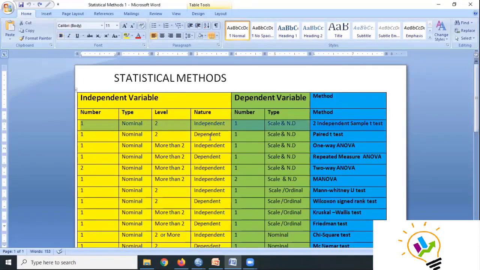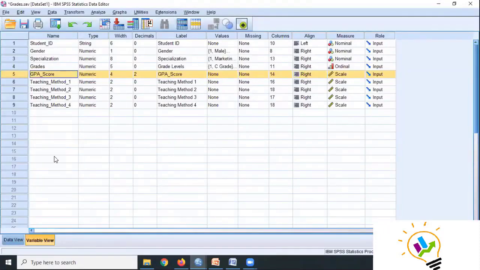Now, if the data is dependent, we will be using the same conditions: independent variables are nominal only, and the dependent variable is also scale data. We will be using the paired t-test. Paired t-test is used when the data is dependent. For example, I'll show this example. The students are conducted with different types of treatment, teaching method 1 and teaching method 2. And I want to check, is there any significant difference between teaching method 1 and teaching method 2?